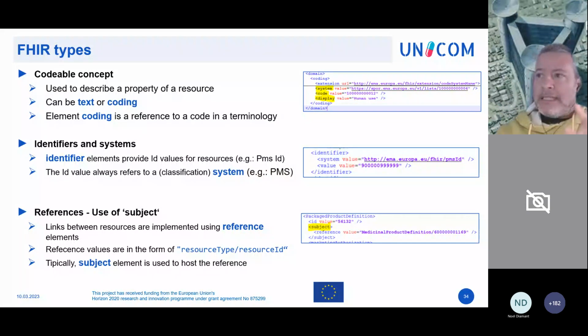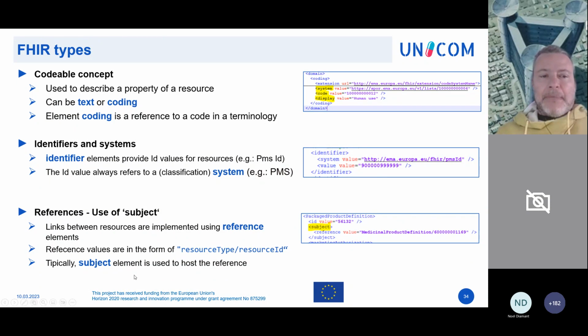In this case, you can see the example of the domain property of a resource referring to the domain concept that reads from the list whose ID is the one contained in the system element, and the code is the one that ends with 12. That means human use. That is one of the possible values of the domain.